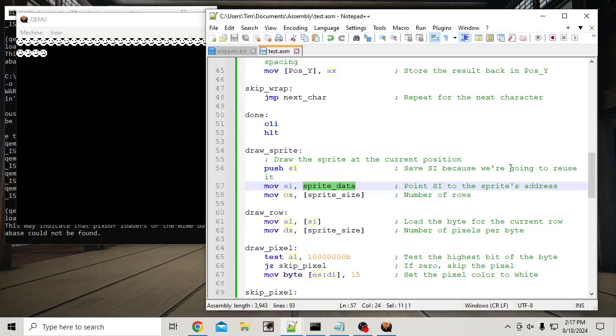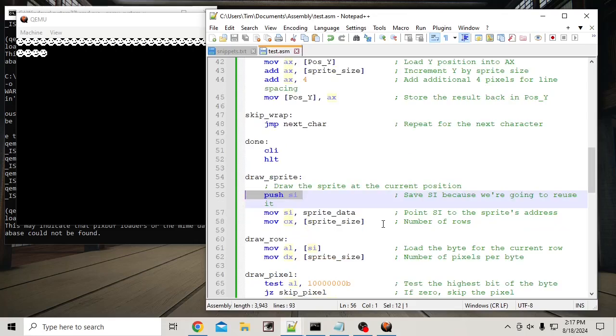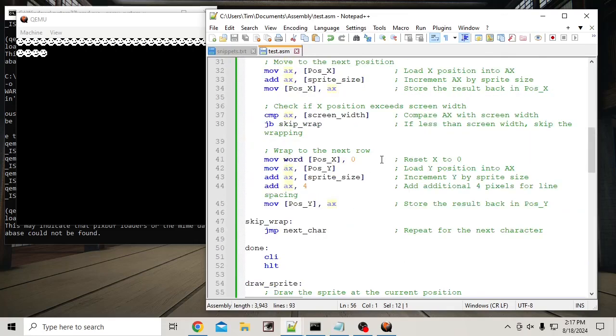Okay, here. Yeah, you also have to back up that data, because here is when it starts getting really complex. You're using some registers up here, and then now you got a module that you've made, so you've got to make sure you're not overwriting something. We're going to reuse it, right? Okay, so